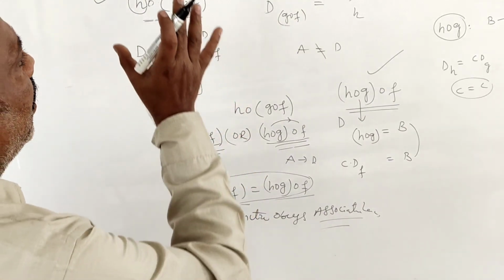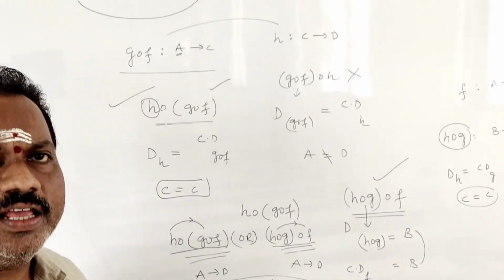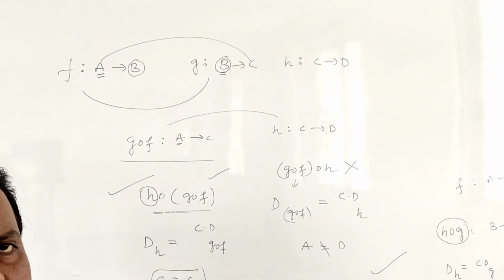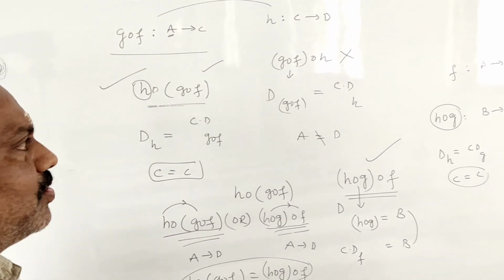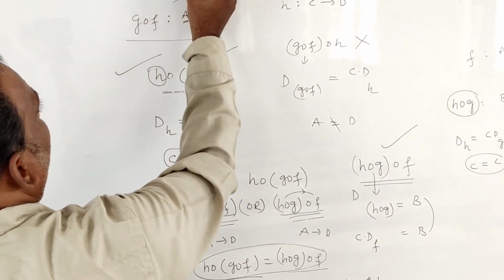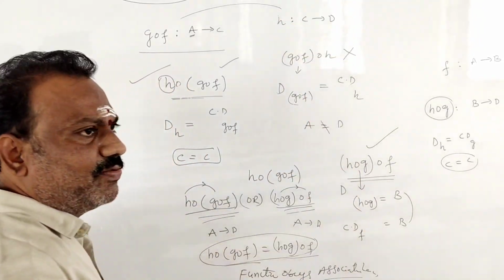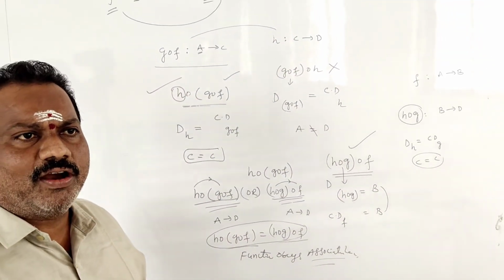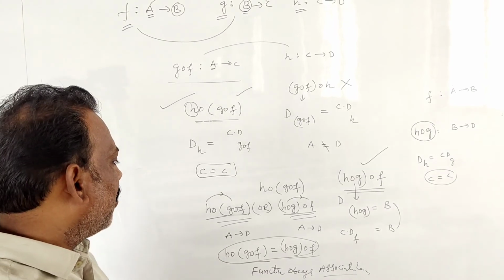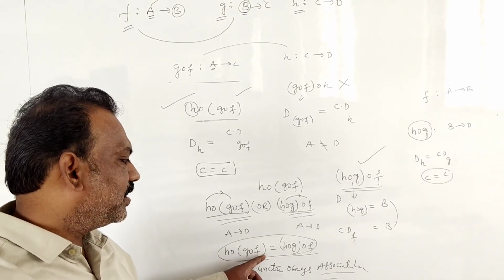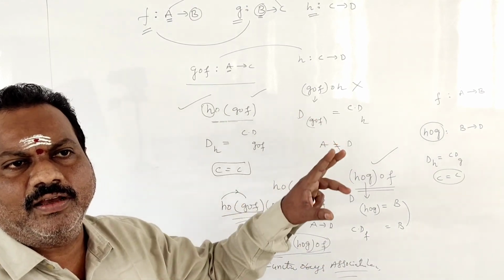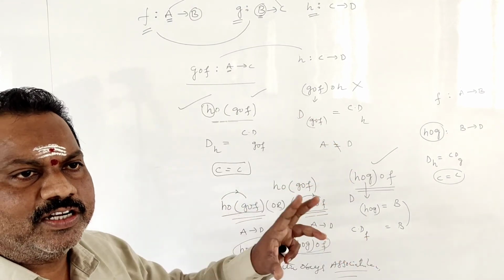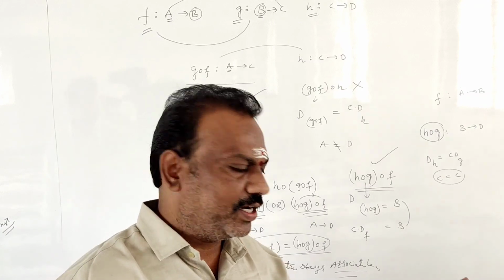So this is the composite function of 2 functions with 3 sets A, B, C. Now you have to take 4 sets, A, B, C, D, and we have to take 3 functions. F is one function, G is one function, H is one function. The composite of these 3 functions we will call H circle of G circle F, which is equal to H circle G circle F. This is your composite function definition and formula, students.